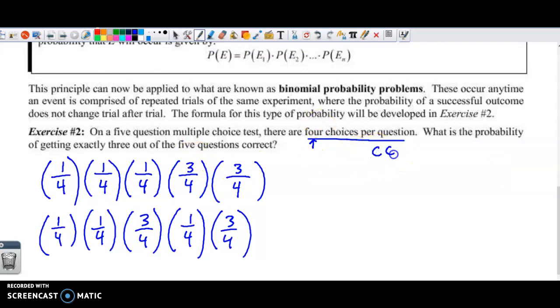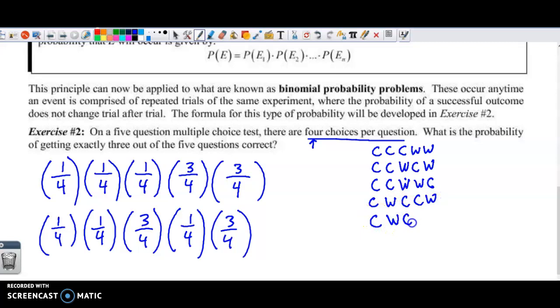Because you could get correct, correct, correct. I'll put W for wrong: wrong, correct, correct, wrong, correct, wrong, correct, correct. And all I'm doing is just moving pieces along. You know, it could be correct, wrong, correct, correct, wrong, correct, wrong, correct, wrong, correct. And you might get exhausted thinking of all of the different ways of getting the answers correct and wrong. And there is a pattern that goes on. There's a few more, if you want to exhaust all of those options,